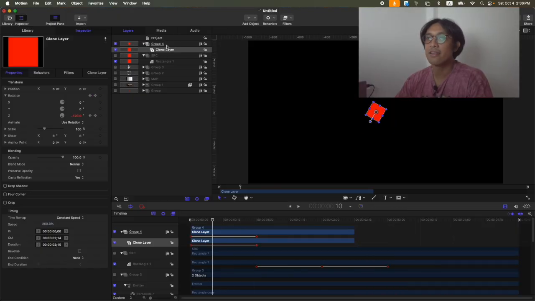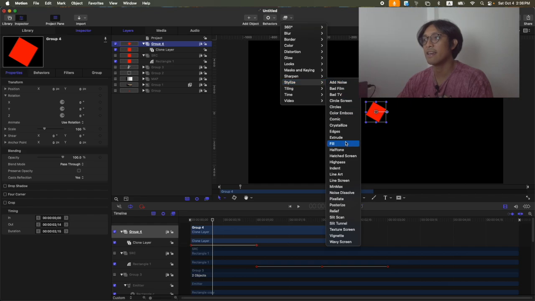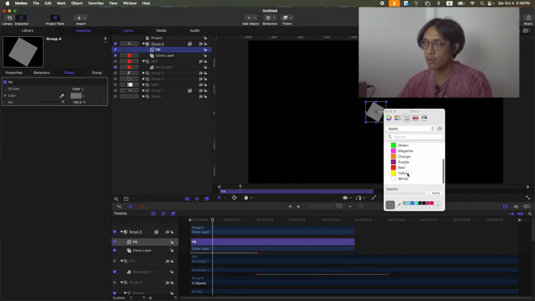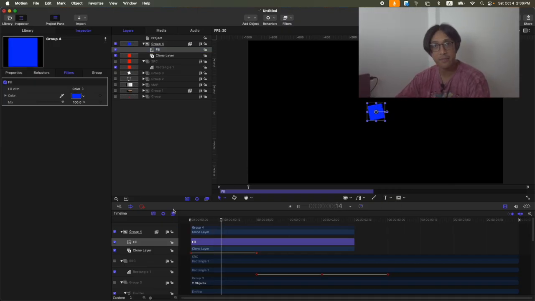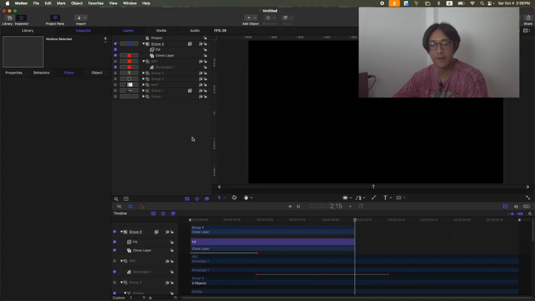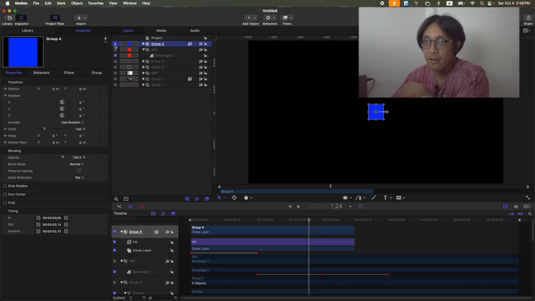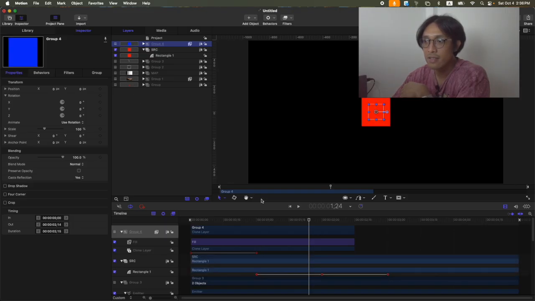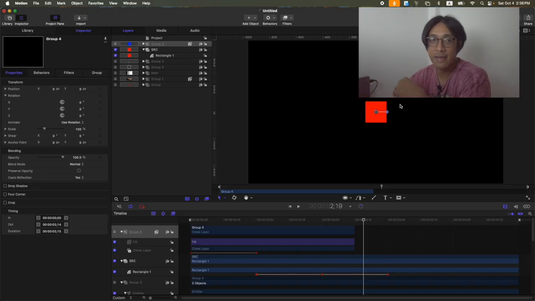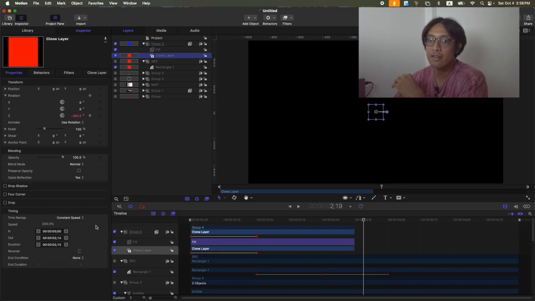So let's add some filter. So filters, stylize, and then fill. Let's change it to blue. Okay, and then same thing as the one earlier in After Effects. Okay, so that's how to make pre-comps in Apple Motion. Then, if you look at our source, still the same, still red, and still animating, or the scale still animates. So this clone layer,